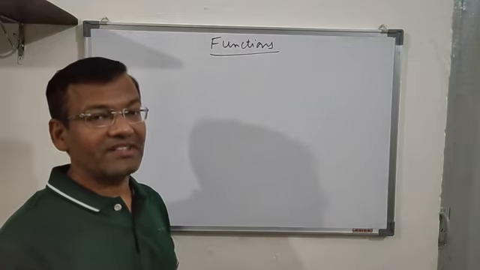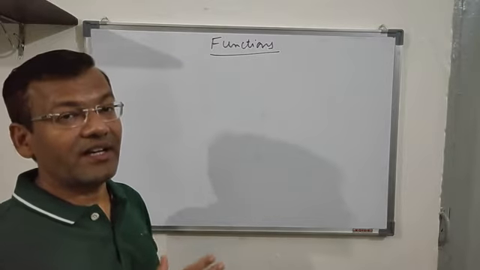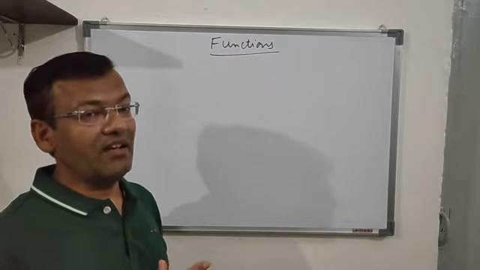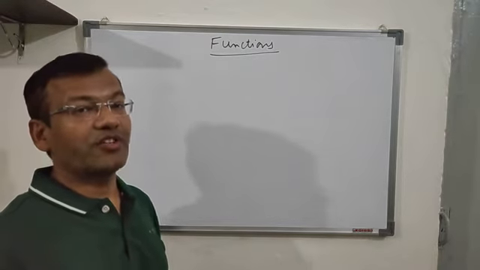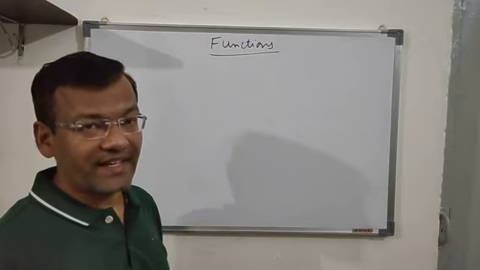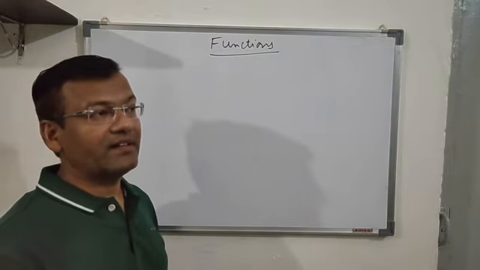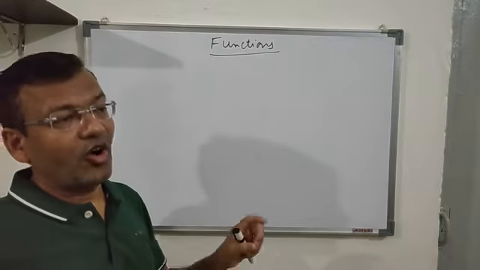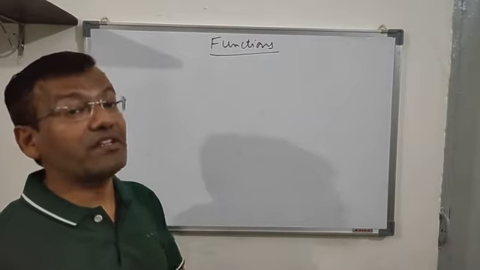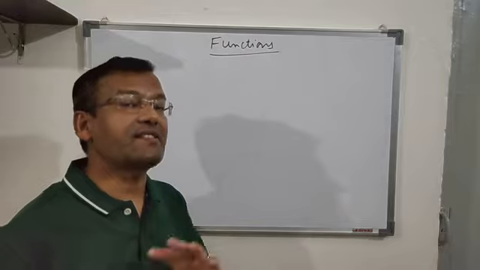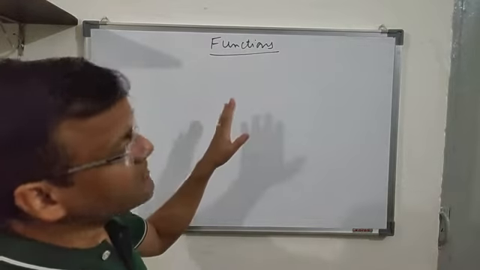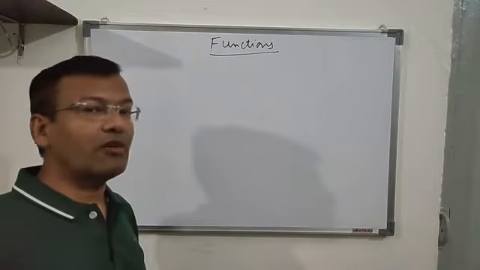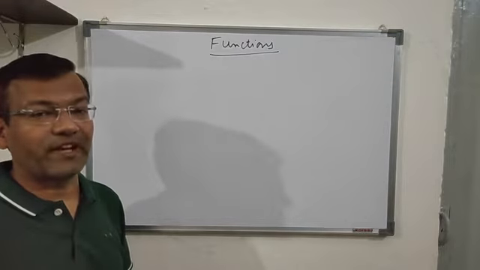First we studied set theory, what is a set. Then we studied the Cartesian product. Cartesian product is the set of ordered pairs of the elements of the two sets A and B. Then there comes the relation. Relation is a subset of the Cartesian product, in which the elements of the ordered pairs are related in some way or the other. And the third term is the function. Function is also a subset of a Cartesian product.